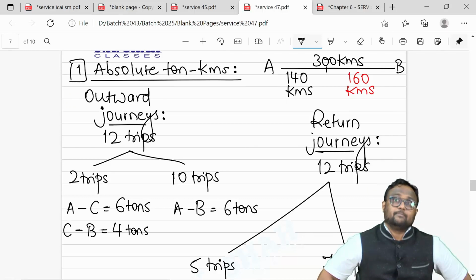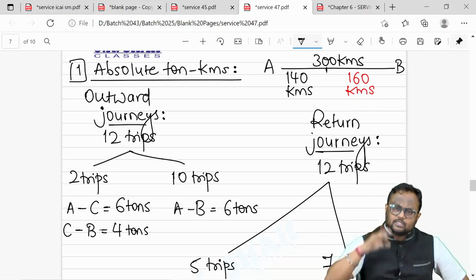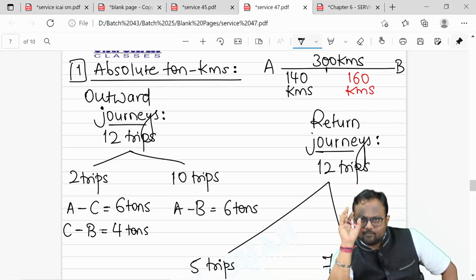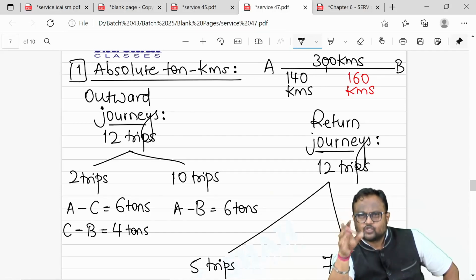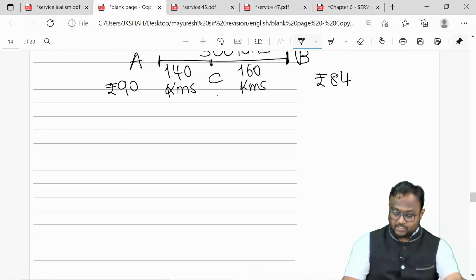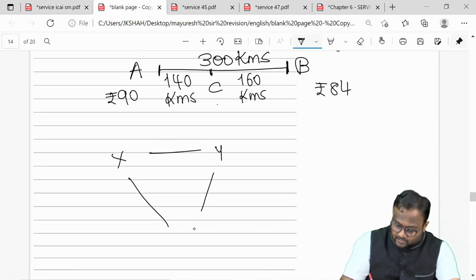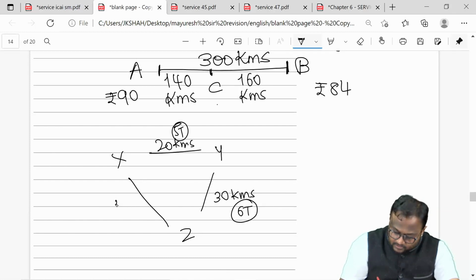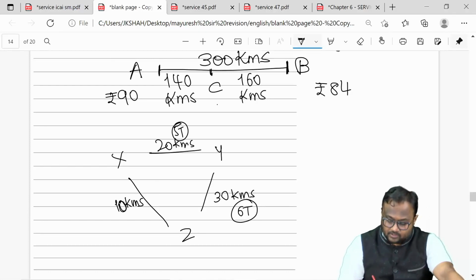They asked us to calculate absolute ton kilometers. Absolute ton kilometers is the most accurate basis of charging cost to the customer. Wherever there is a change in the load, you change the journey, you change the calculation, like taking it as X, Y, Z. This is 20 kilometers, I carried 5 tons. This is 30 kilometers, I carried 6 tons. And this is 10 kilometers where I carried